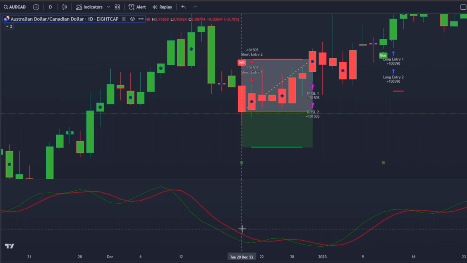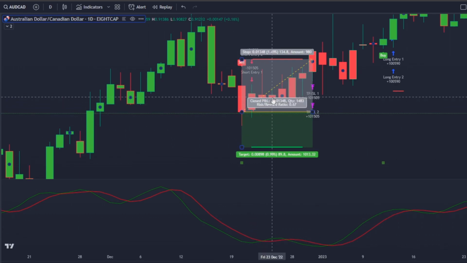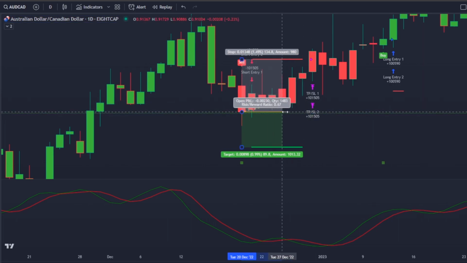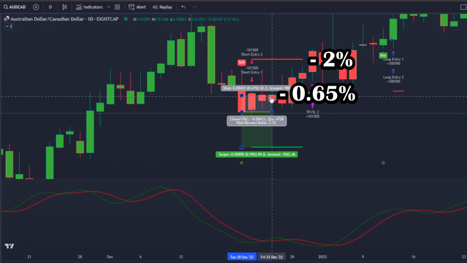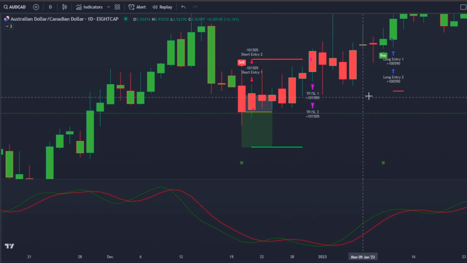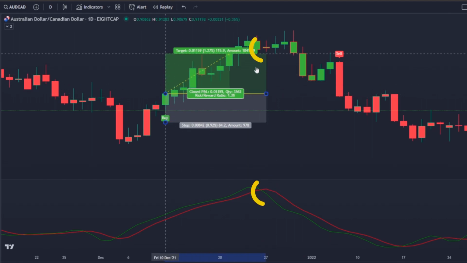a bearish trend. But keep in mind that for a valid entry signal, the information from an exit indicator has no use to us. The trade unfolds and at this candle, the relative vigor index flipped and showed us signs of a bullish trend. So, if this was our exit indicator, we would close the trade at this point. And instead of taking a 2% loss, we would have just a small loss of 0.65%. And just like it closes earlier losing trades, an exit indicator can also close profitable trades at the best possible